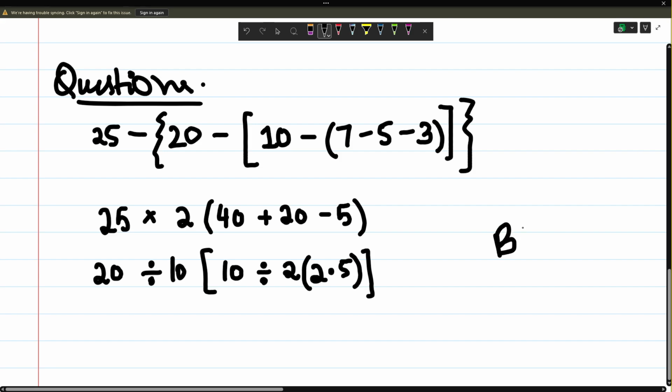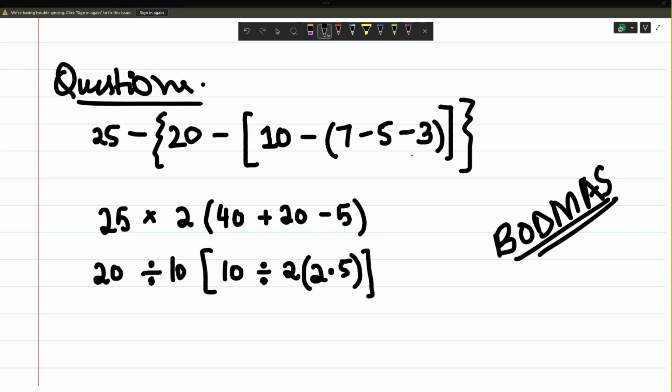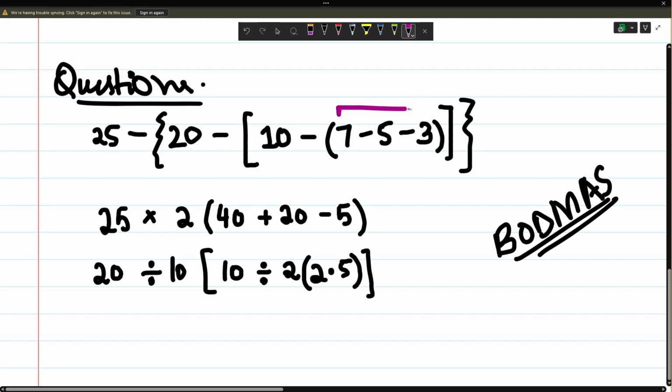इनको आप जल्दी से practice कर लें. Then we are going to share the answer for these questions. Okay, so you can do them. So let's start doing these questions. सबसे पहले so you are going to solve this bracket, right?